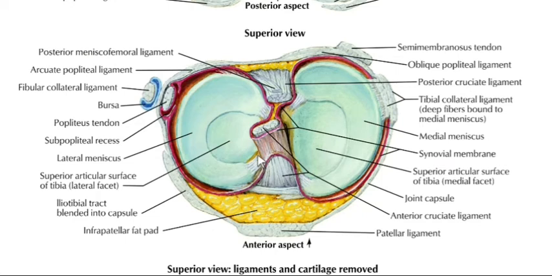Each meniscus has the following features. It has two ends, anterior end and posterior end, two borders. The outer border, which is thick and attached to the fibrous capsule. This red color shows the synovial membrane lining the fibrous capsule. Look at the structure here. The two surfaces of menisci are the upper surface, which is concave for the articulation of the femur, and lower surface is flat and rest on the peripheral 2/3 of the tibial condyles.